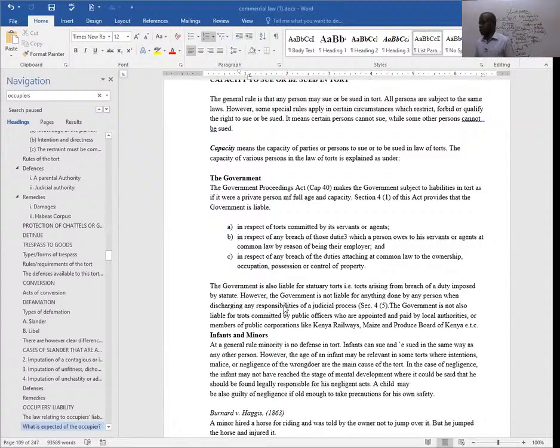So as you know, we have what you call the juvenile courts. In this case, those people who have not attained the age of majority can be tried by a judge in a court of law. So any child or infant who has been involved in a particular tort can still be held responsible under the law of torts. So they can't escape. But of course, they look at the circumstances and also the age of the infant in terms of trying to determine whether he can be held responsible or not.